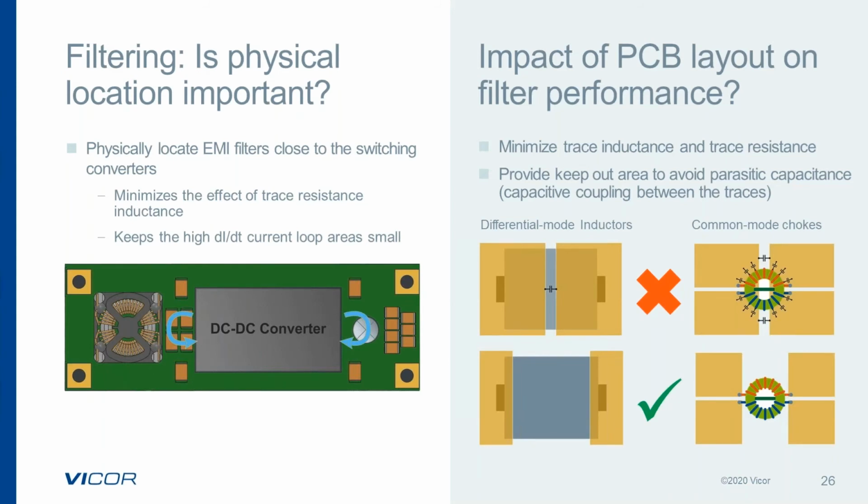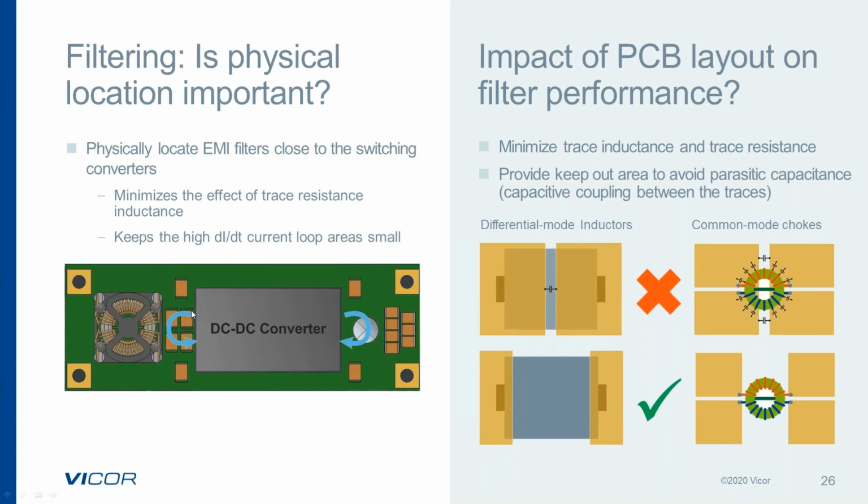So when we take a look at laying out our DC to DC converter and filtering system, a lot of the layout characteristics can negatively affect the performance of my DC to DC converter and EMI filtering. So one of the best practices to lay out a DC to DC converter and filter design is to have as linear a layout as possible, as well as having our bypass capacitance as close to the DC to DC converter as possible. This minimizes the loop, such that it keeps the circulating current